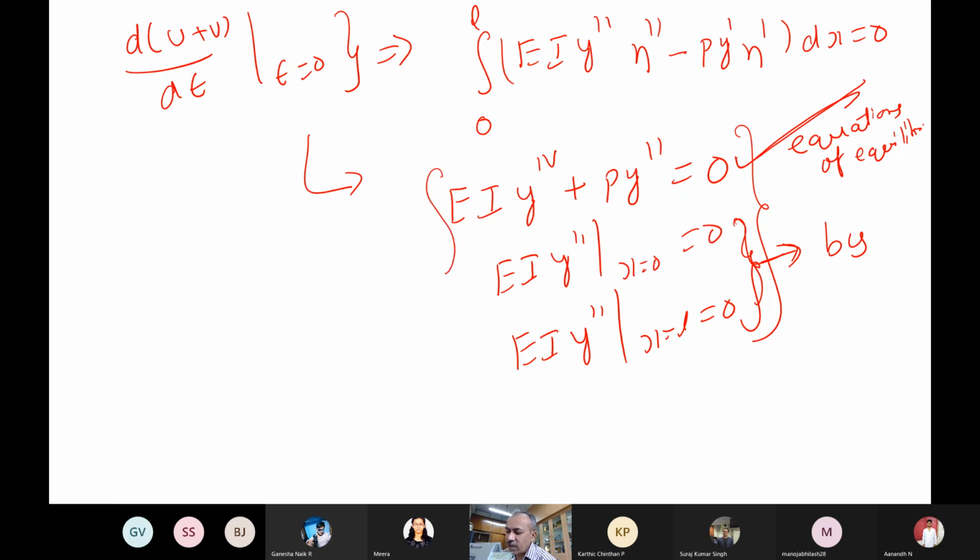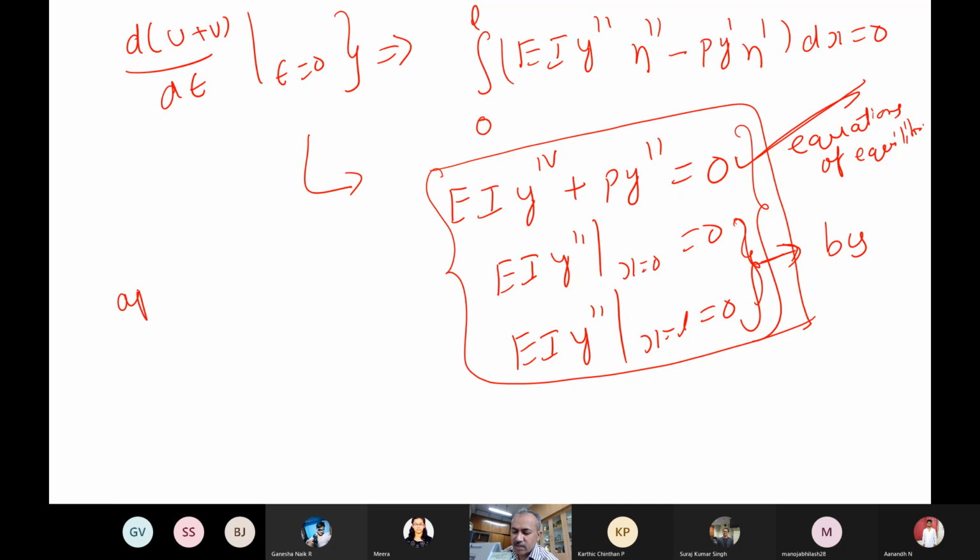Once you have this, it will give you the strong form only. Then you do the approximate methods, whatever we discussed. In all the approximate methods, the starting point is you assume some eigenvector, as a polynomial or whatever you like, then you substitute and follow, and you will get the solutions. This is how calculus of variations helps you in deriving the equations of motion as well as the boundary condition. This I think was missing in the video, and now I think it is easy for all of you to follow the remaining videos.